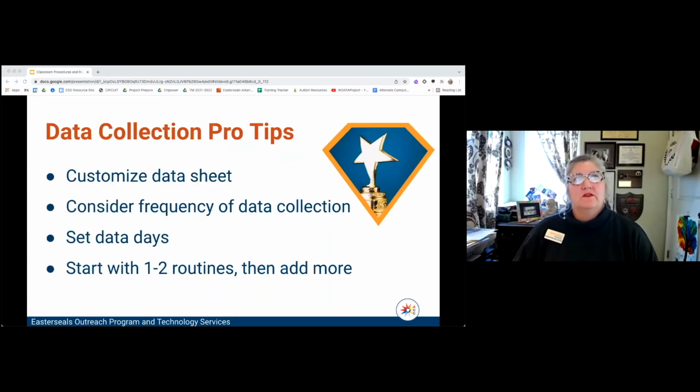So, a few pro tips. Just remember that routine data taken in a general education class can help the staff focus attention on specific skills that students need to be successful in their general education classroom. And parents and school staff enjoy watching those students move towards independence, and the routine forms and the data can